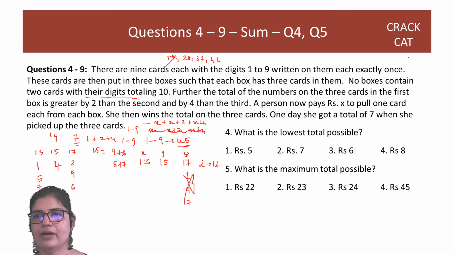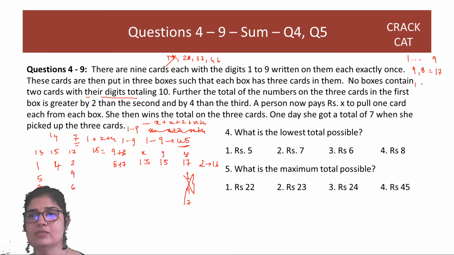So see, basically when you have numbers 1 to 9, right? The largest total possible is when I take 9 and 8, two digits, 17. The smallest total possible is 1 and 2, and then I get 3. The second smallest is 1 and 3, in 1 only I'll get 4. Here the second smallest is 9 and 7, 16. We'll do this a little, and we'll get a hang of this, correct?